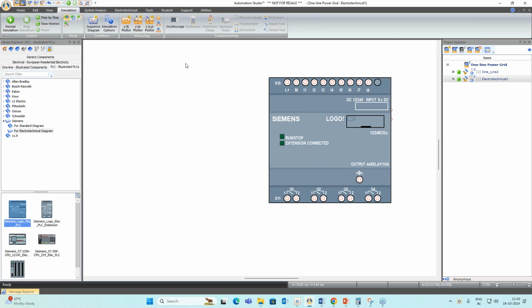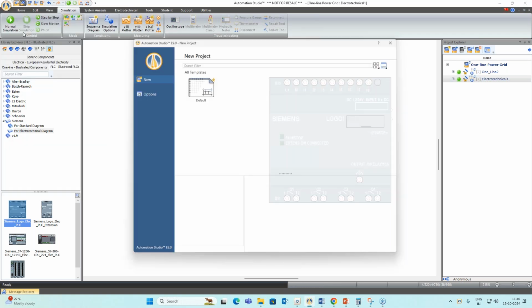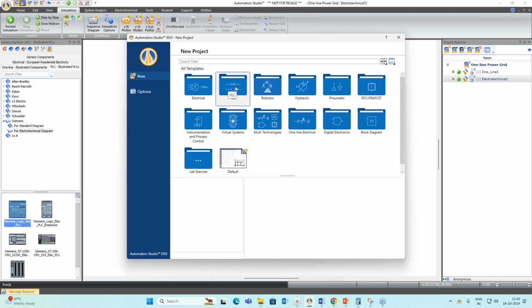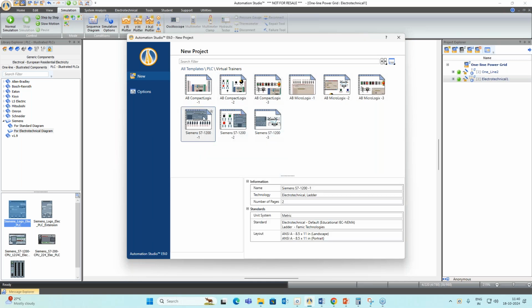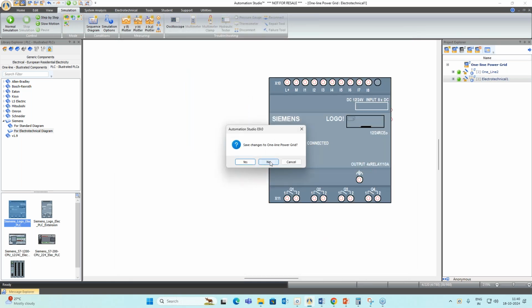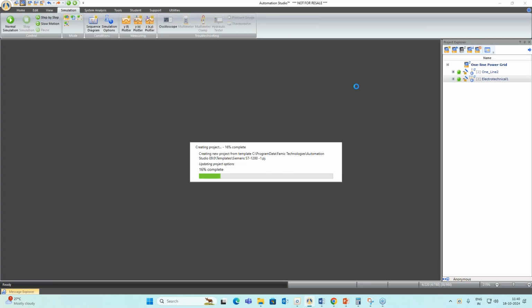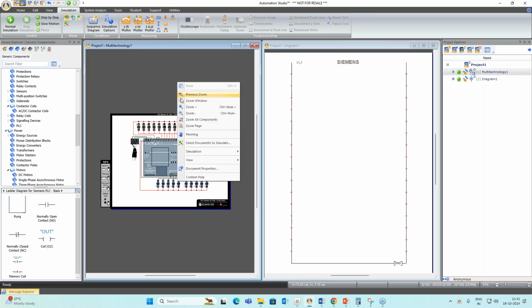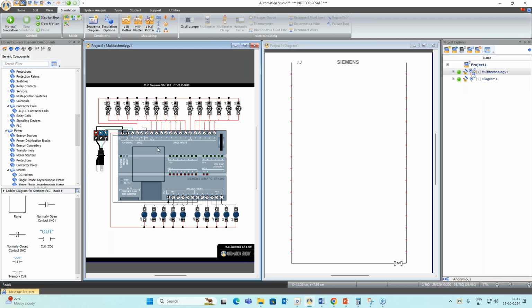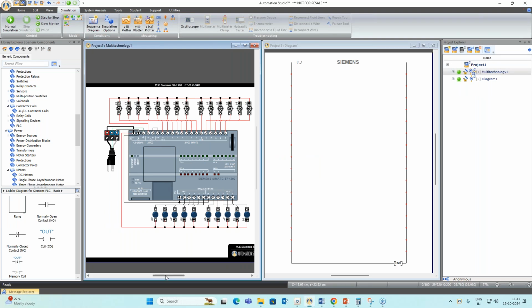For that, instead of this, I will take one of the illustrated templates from the PLC. Now I will go to this PLC. We have virtual trainers, and from this one I will take Siemens S7 1200. We have these many templates, but from them I will just choose this one. Yeah, so this is a Siemens PLC, and the